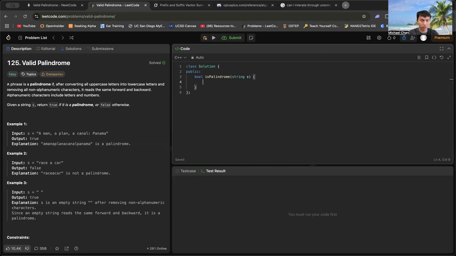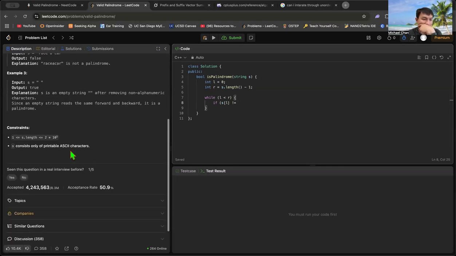Or so no, there's a while, and then int L equals 0, int R equals s.length minus 1, while L is smaller than R, if L equals, if s[L] is not equals to, is not, it's not equals to